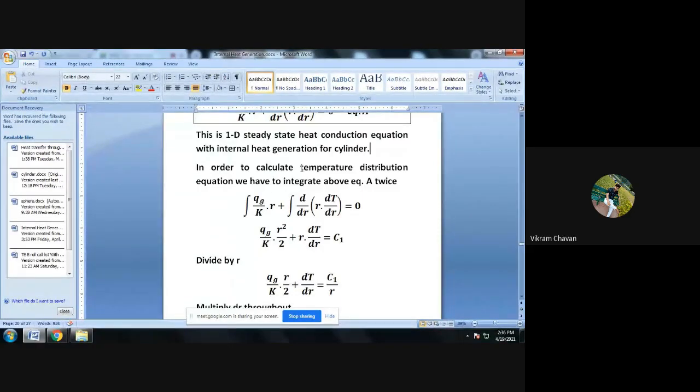So write down, in order to calculate the temperature distribution equation,